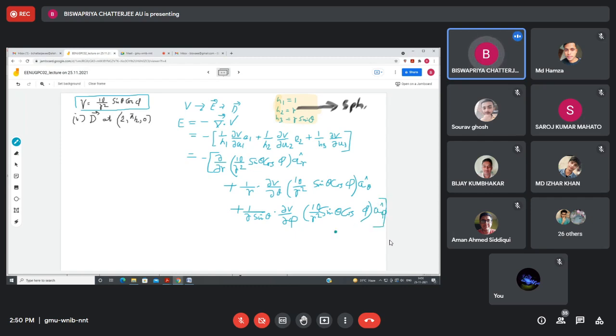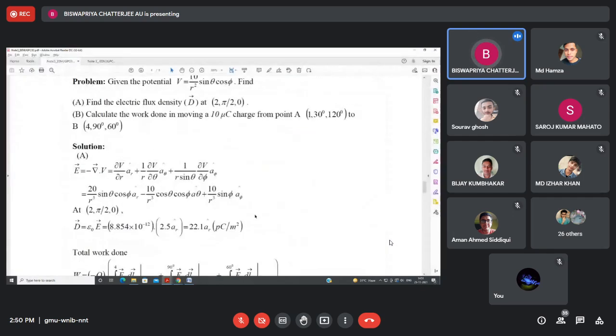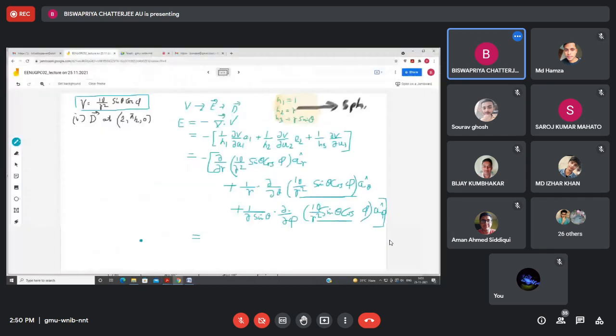So this is the... you must end the square bracket. So I made a mistake. You should avoid writing del v here, because it's a del theta of v. So I have put the v is equal to here within the first bracket. So if you evaluate this E, the result will be coming as 20 by r cube